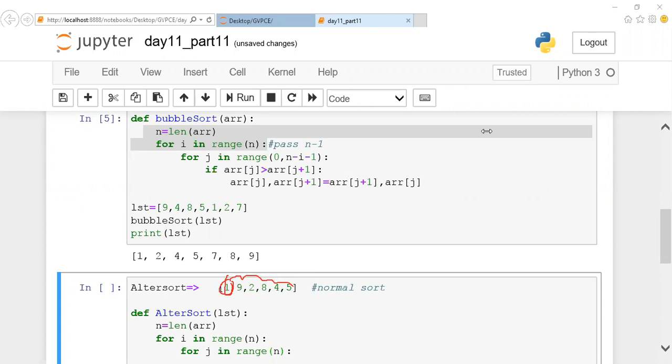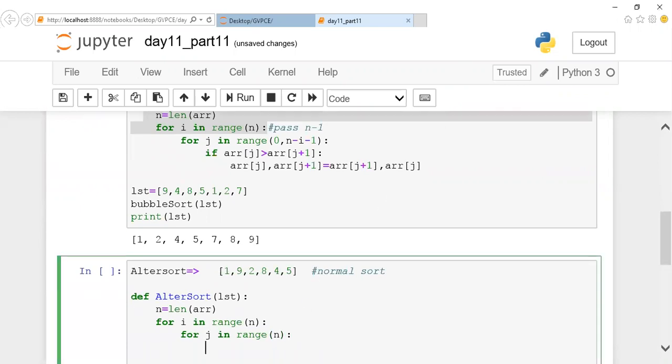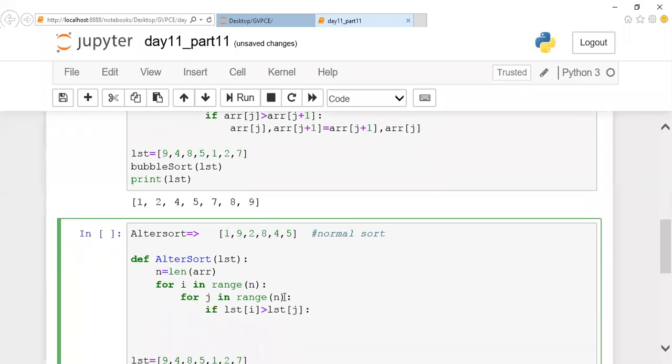Okay, normal ascending order. Could you remember normal ascending order? Yes or no? Normally, if I mention list of I is greater than list of J, then perform the swapping operation.